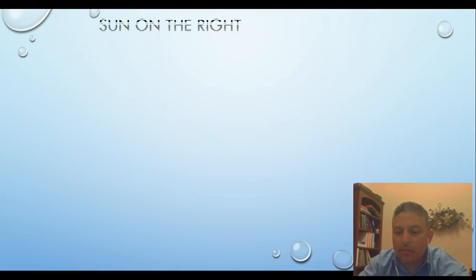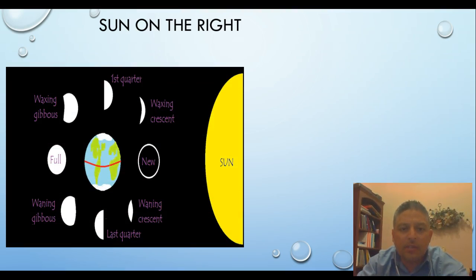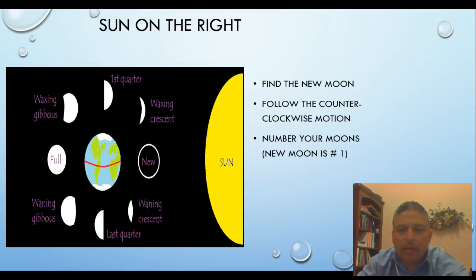We are not going to spend too much time on these ones because obviously we have explained all this in a lot of detail before. So just go back and look at these examples. So here, just for strategies: find the new moon, follow the counterclockwise motion, number your moons, name your phases,